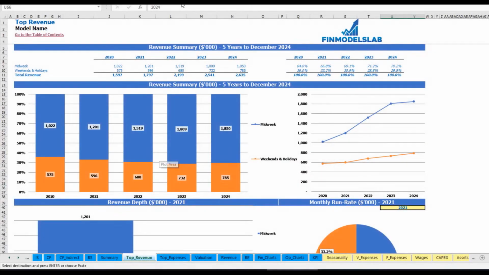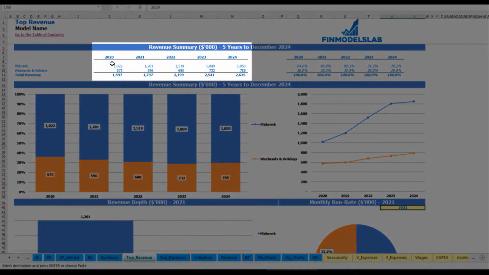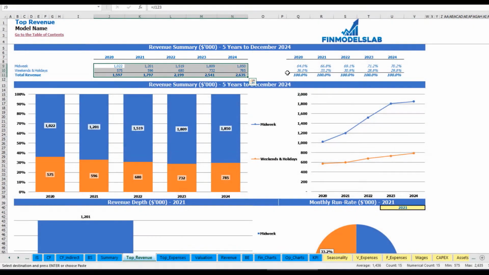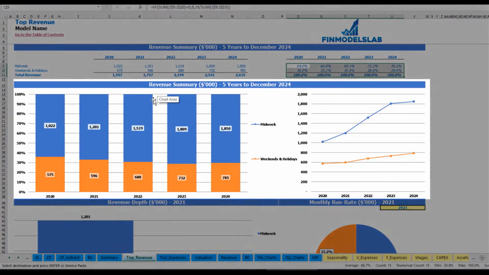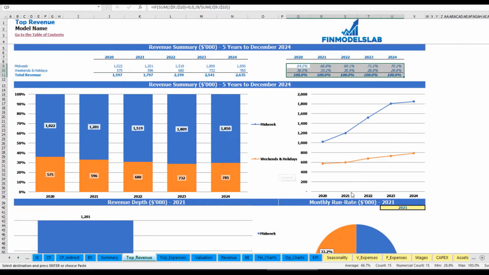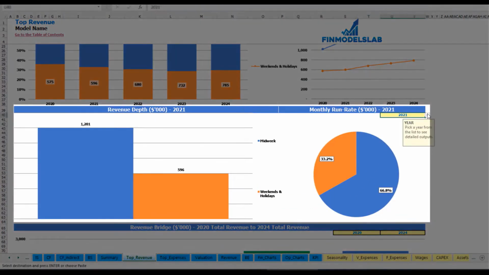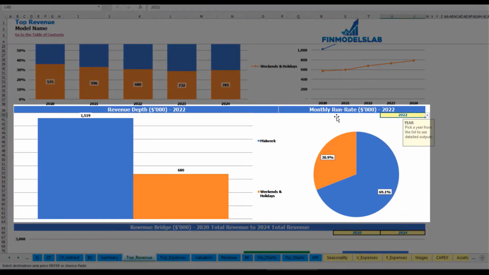You may see the revenue summary for the main revenue streams, broken down by years as absolute values and as a percentage breakdown. The same information is reported in here on the charts. Also, you are able to select specific year and to see the monthly run rate and revenue depth for these